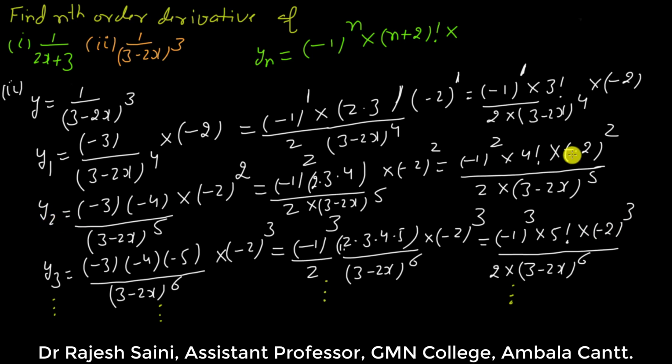Okay, fine. Done. When here is 3, minus 2 raised to the power 3. When here is 2, minus 2 raised to the power 2. When here is 1, minus 2 raised to the power 1. So whenever here will be n, here will be nothing but minus 2 raised to the power n divided by,